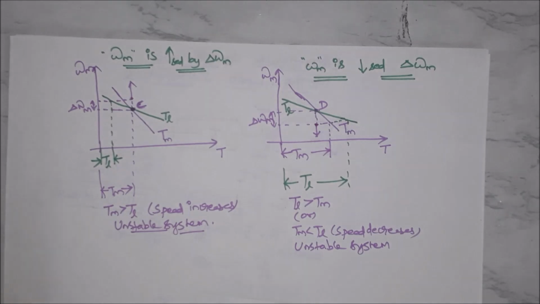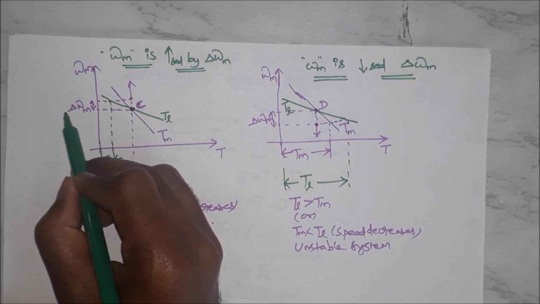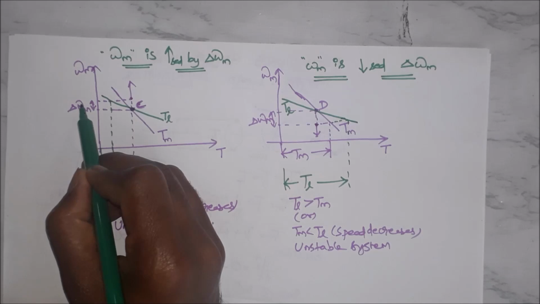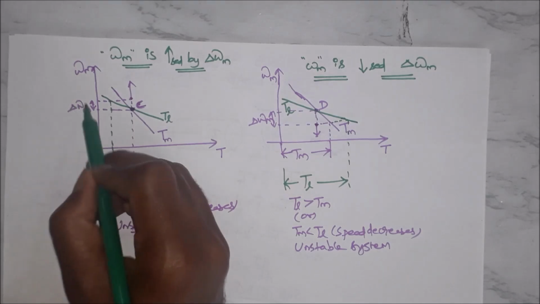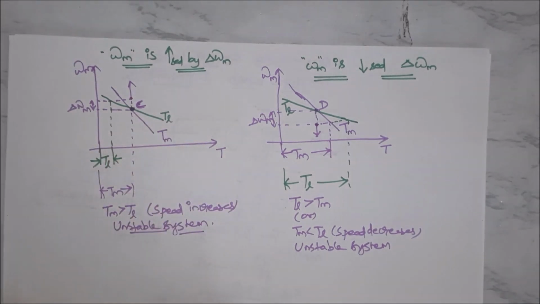So in this session we have discussed the motor load dynamics of an electric drive and steady state stability. I mean, what is an equilibrium point, and how to identify whether a system is stable or unstable depending on the speed torque characteristics of any electric drive. In our next session, we are going to calculate the value of this delta omega m mathematically. That means we are going to calculate the rate of change of speed, how much we have increased or decreased it, mathematically.